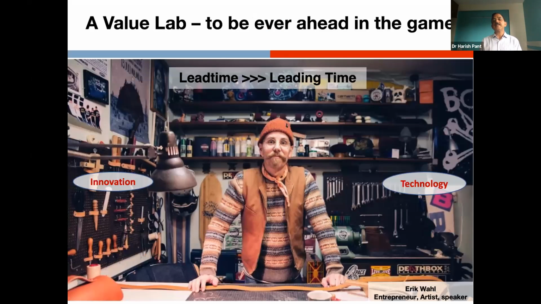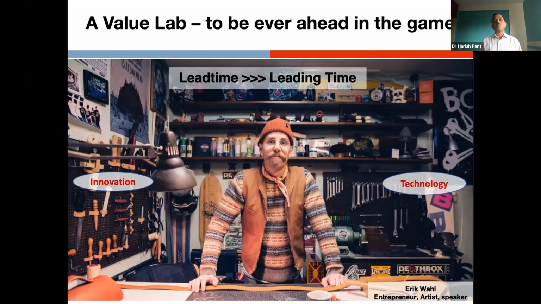It is very essential that all the manufacturing companies who do not have one should have a value lab. We are talking about not minimizing lead time or shortening the lead time, creating more value. Those things are past. Now it's a matter of leading time, which means before your customer expects, through your deep data analysis, you capture the data, you analyze it,